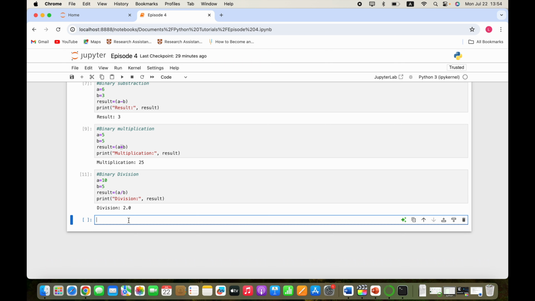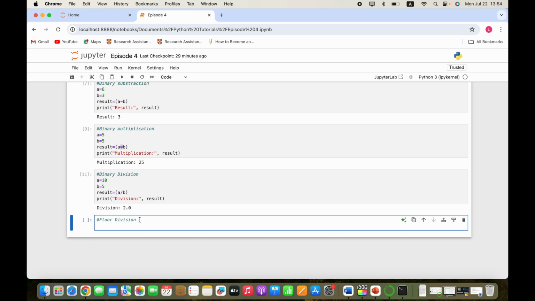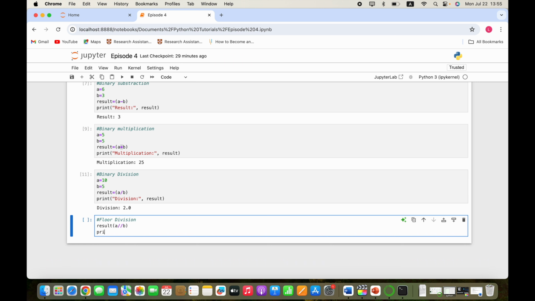Now, floor division, enter. So I'm going to use the same variables for a and b value, and we are using result equals a double forward slash b, and then print floor division, and then result. Let's run it,